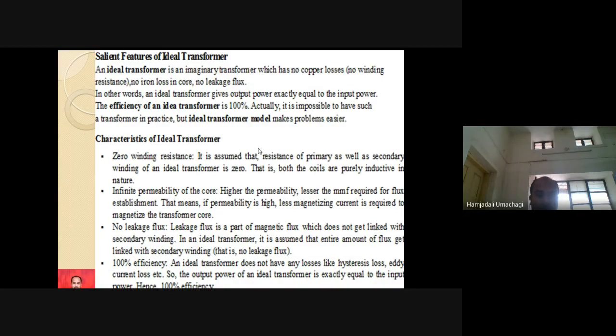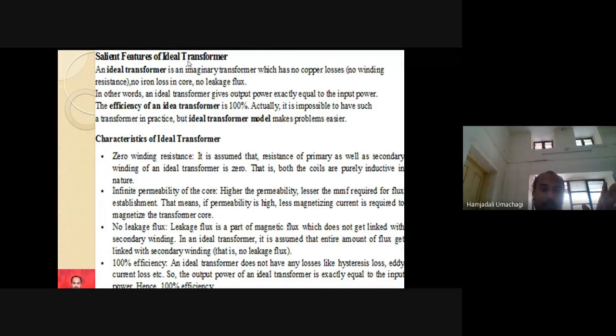What I will do today is supply notes for you of the TNG subject, just to go through the things. And again, salient features of the ideal transformer. Again, this is also one of the basic concepts only. Ideal transformer means what? How it should be. There should not be any losses. There should be no leakage in the flux. It should have 100% efficiency. So all these are your ideal transformer. But in real time, do you find an ideal transformer? Is it possible to have ideal? No, because there will be some leakages, there will be some losses. Because of that, efficiency is not 100%.